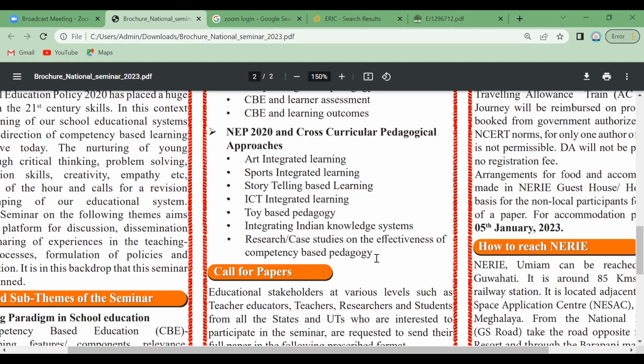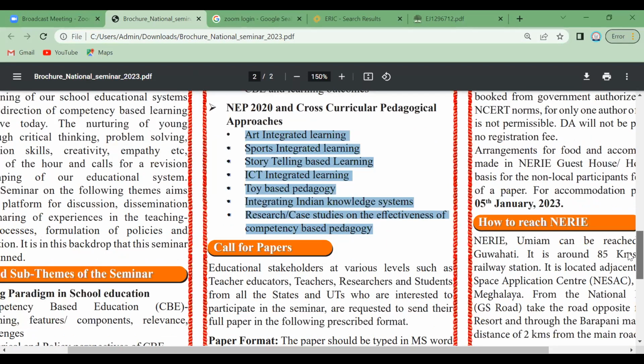So this conference is very important because the NEP pedagogical approaches, whatever we say, that methodology will be documented and published as a book and it will be used across our nation. If anyone has doubts regarding submission, the submission for this national seminar is extended to December 20. You have to submit your abstract and the paper. A model abstract and paper will be shared in the WhatsApp group.